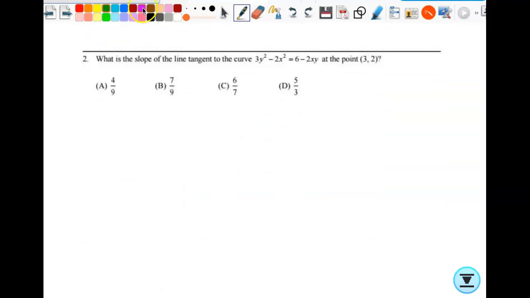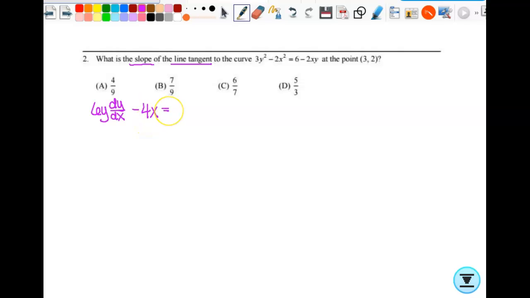All right, slope of the line, tangent. So if it's the slope, I need what? Derivative. Okay, and this, I cannot solve for y, so I need to use the implicit differentiation, which we've been doing. All right, so that first term, I don't have to do anything special. It's just going to become 6y dy dx. The next one, nothing special. It's just going to be a -4x